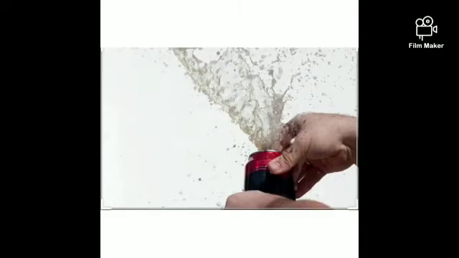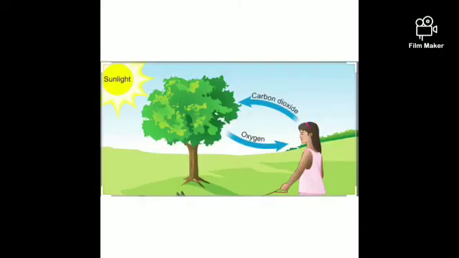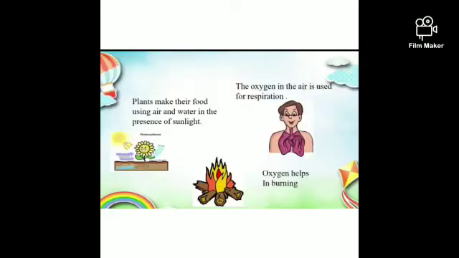Thus, we can say that carbon dioxide is present in the air. Now, there is one more use of carbon dioxide. Plants make their food using air and water in the presence of sunlight. When plants make their food, they use the carbon dioxide from the air and they give out oxygen,